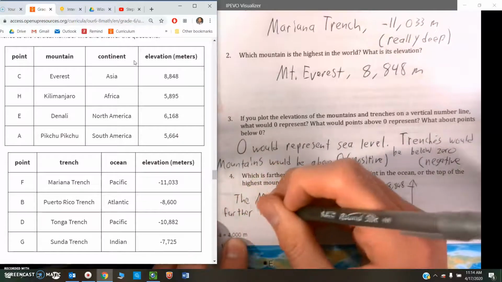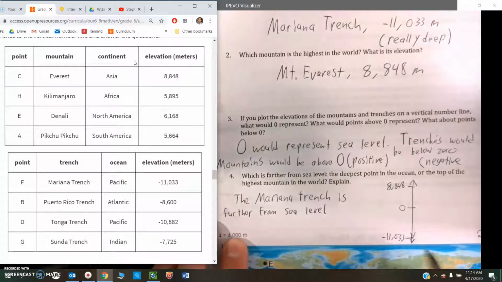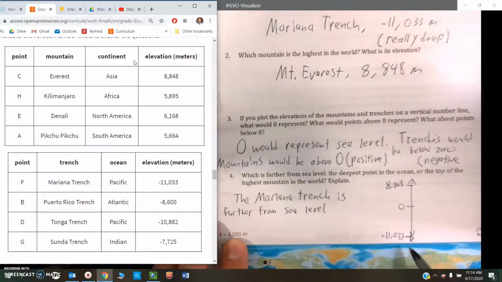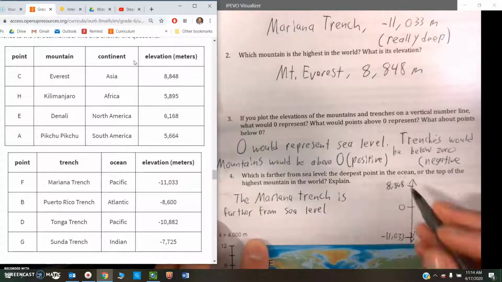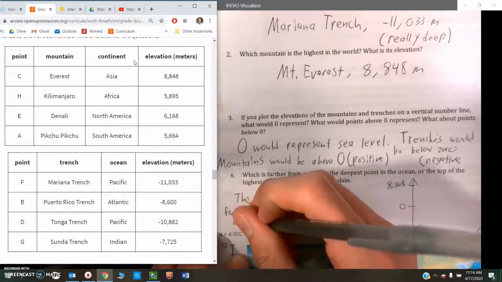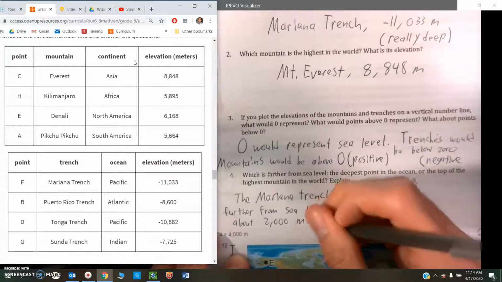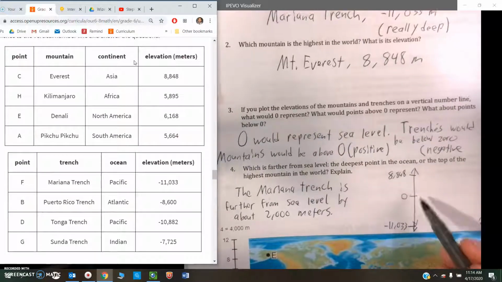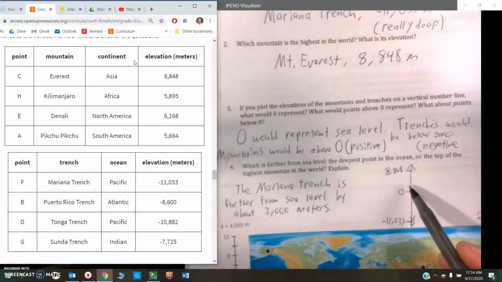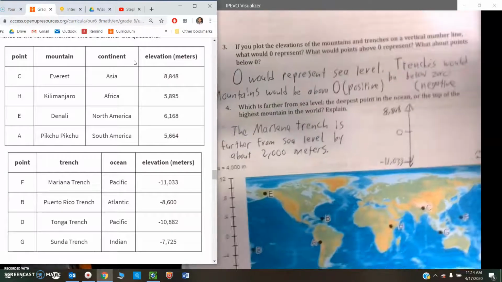It is farther from sea level by about 2,000, 2,200 meters. So if sea level is 0, you would have to go 11,000 meters down, which is farther away than 8,000 meters up. And real quick, if I wanted to